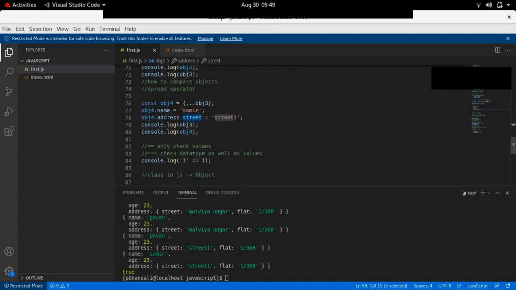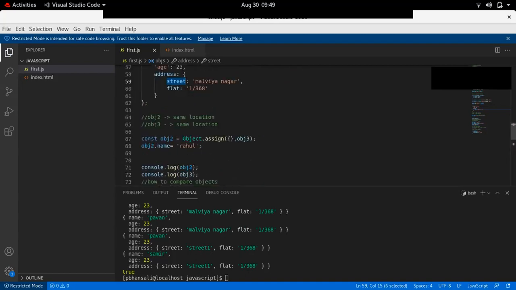So it means the spread operator doesn't work for objects inside objects. It only goes one level, for simple objects. This is the problem with the spread operator.